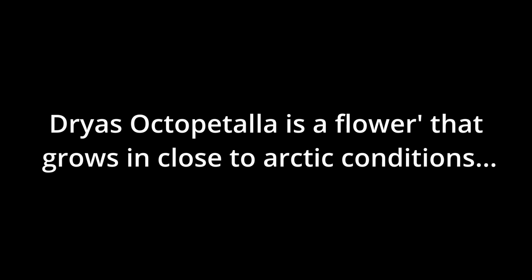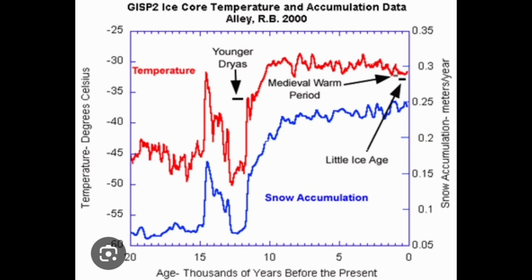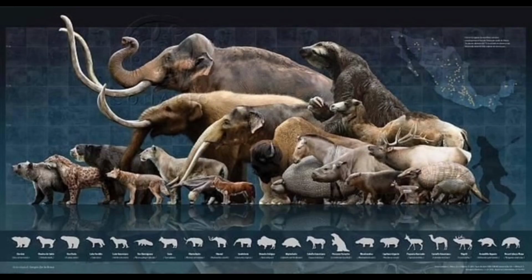Dryas octopetala is a flower that grows right near the Arctic regions, and everybody sees that they're growing down here and they're migrating north as this is all melting away, like shown in the graph here. And then all of a sudden, wham, it's gone again. And it takes a good long time before they come back up, because they were driven south, and the southern ones show up a lot more, pinching down on the earth. But it takes a lot longer for them to get back up into the region that they're checking at, because it's so frozen over, they don't grow anymore. That's why the Younger Dryas has that name.